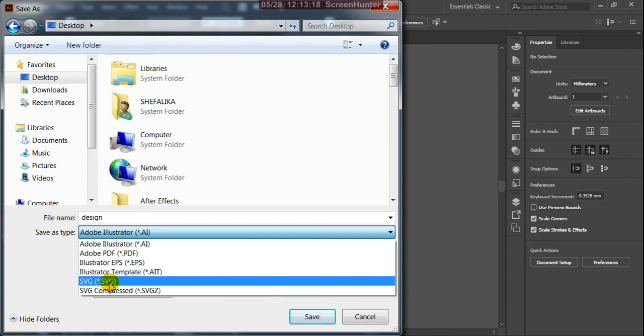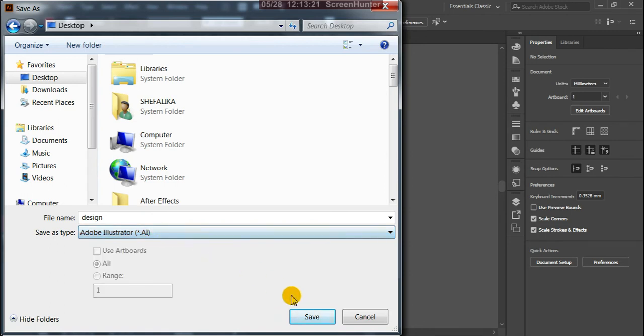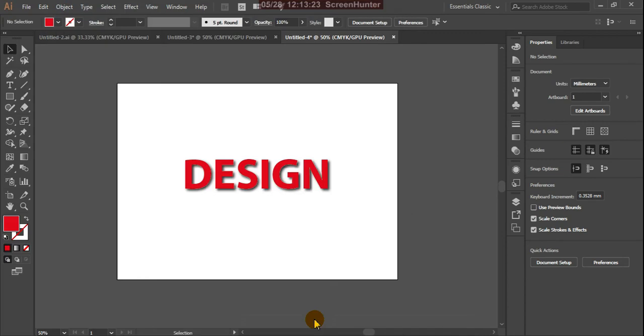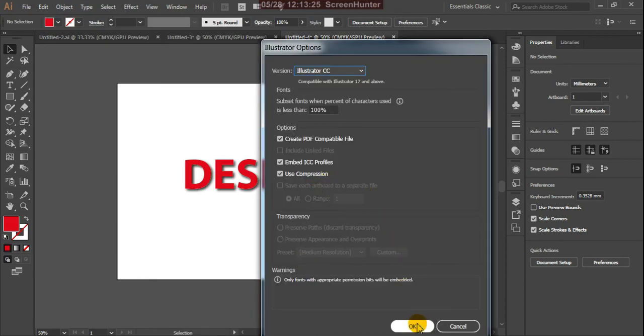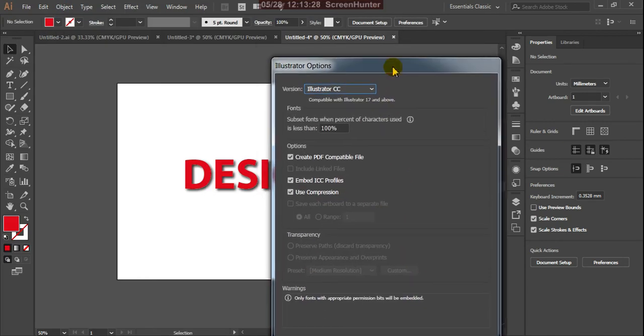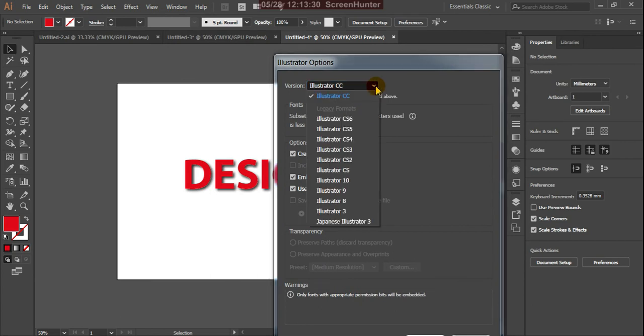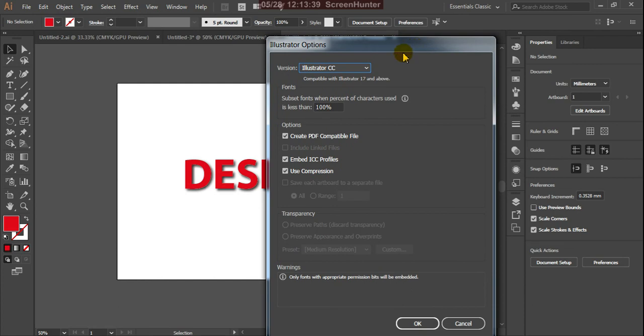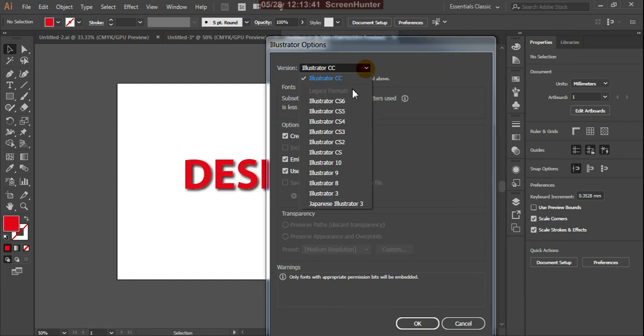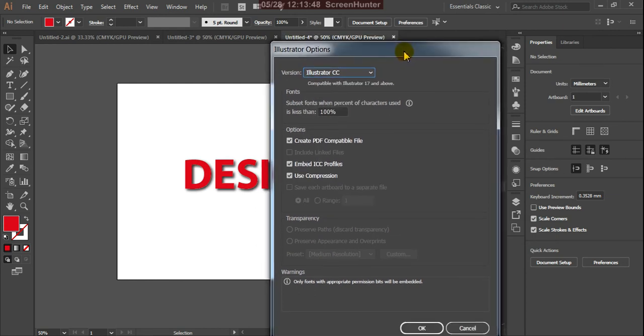Okay, let us check one by one. Suppose this is Adobe Illustrator file, save. Yeah, saved that file, and here in the options it is showing Illustrator CC, CS6, CS5, CS4. These are the lower versions of Illustrator. Suppose you save this in CC, the latest version, and the same file you are submitting to the printer, and the printer is not using the same version of your software.